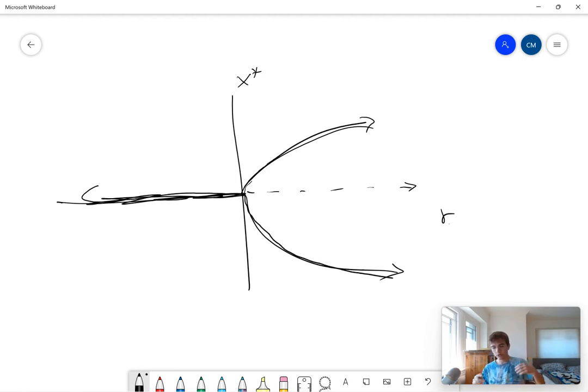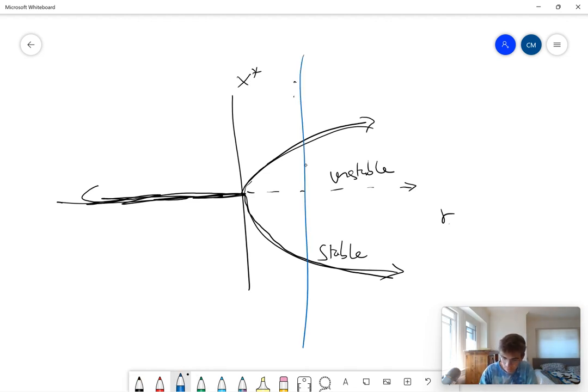Here are the stable and unstable branches. And so we can see why it's called a pitchfork bifurcation, right? I think that becomes more clear with this diagram. And we can also see the behavior of the system